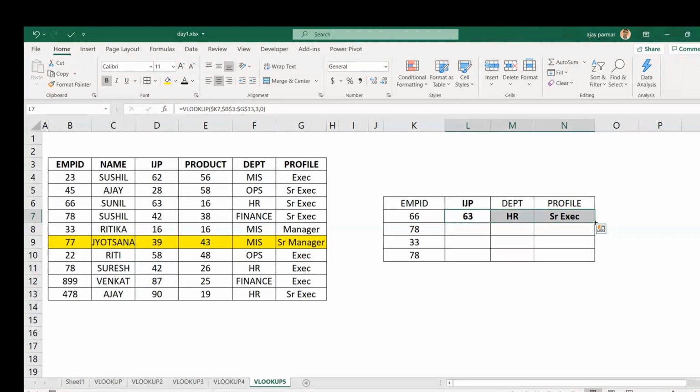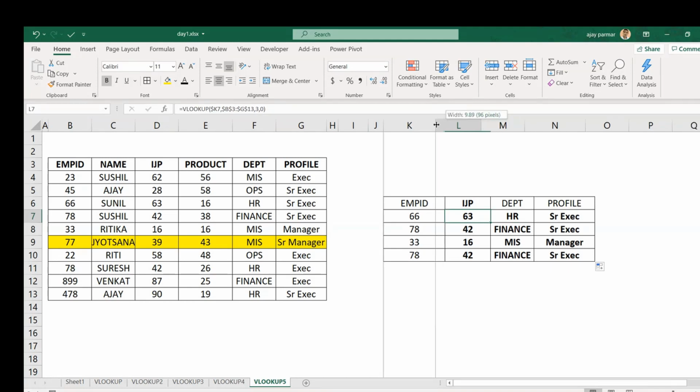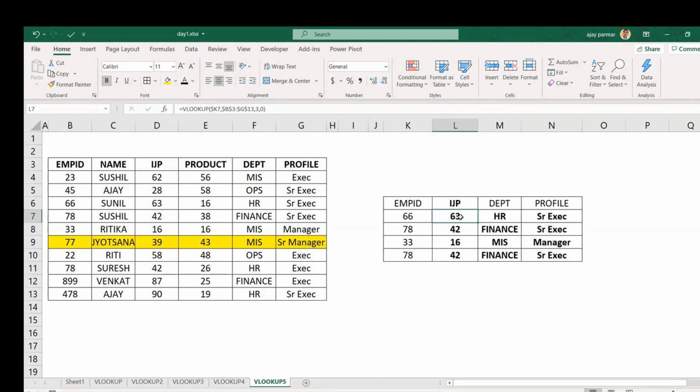So you can even double click on this plus sign. Go to the extreme right bottom corner, because one is this plus sign, the thick white one, and one is this, the slim one. So just go and click on that. You have the answer, right? Now, if you have any difficulty in understanding why we have locked the K or the B or G, you can ask me. Otherwise, I will now tell you how to